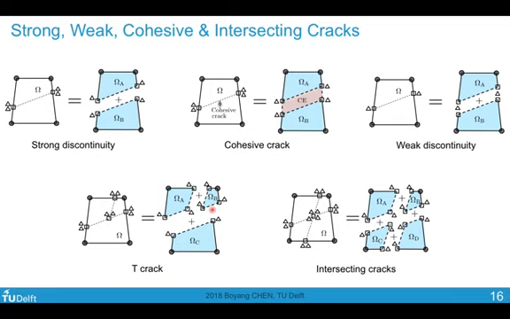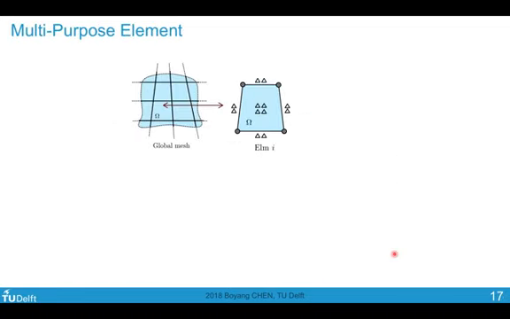so you can design your element to model these kinds of more complex crack patterns. It's a matter of how you implement your control statement. So you could really creatively activate and deactivate the degrees of freedom within your element to make the crack propagate in a very complex manner.